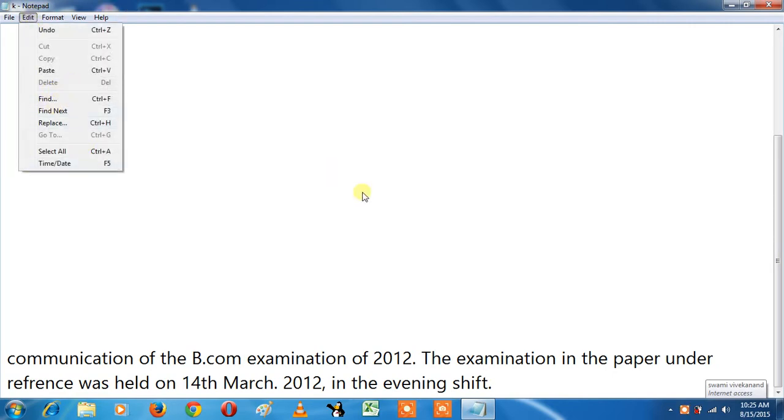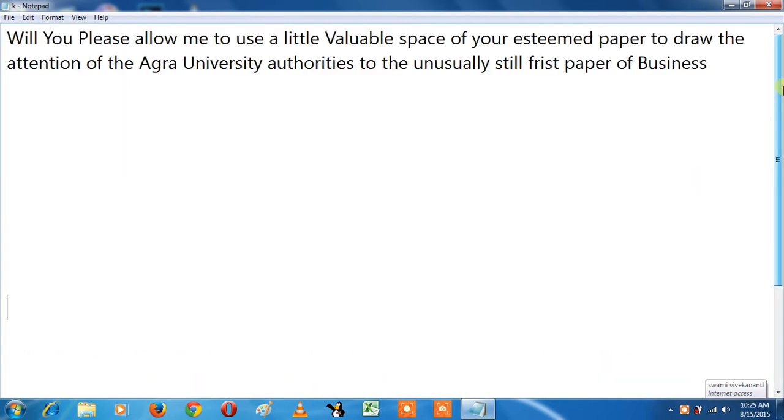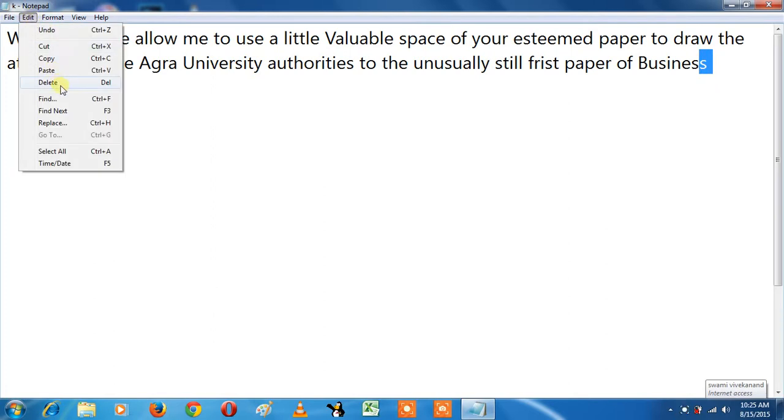So select your document and press the Delete button. It will not show in bold because you have not selected any data. Whenever you select some data, then Delete will show in dark.